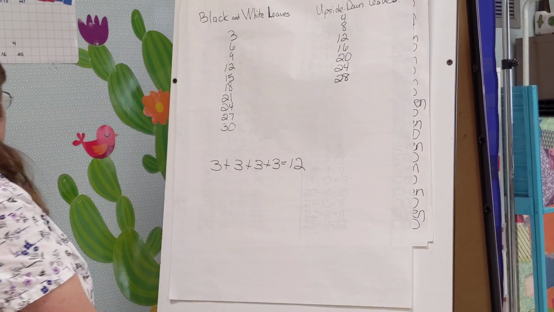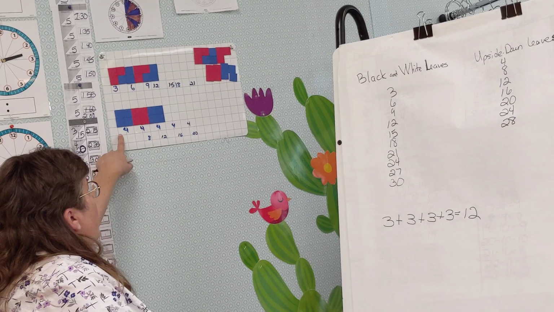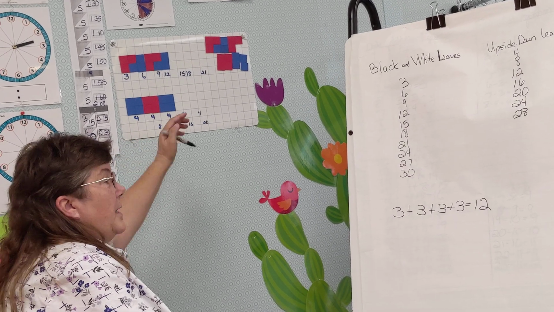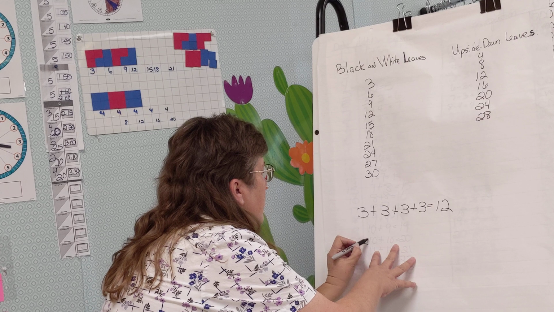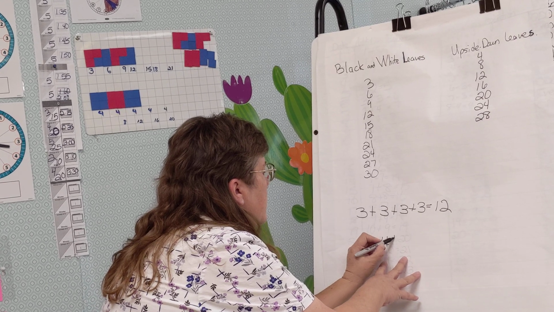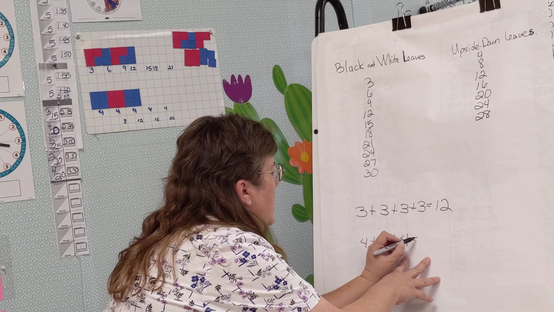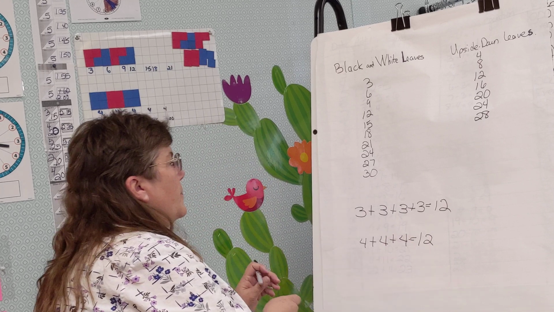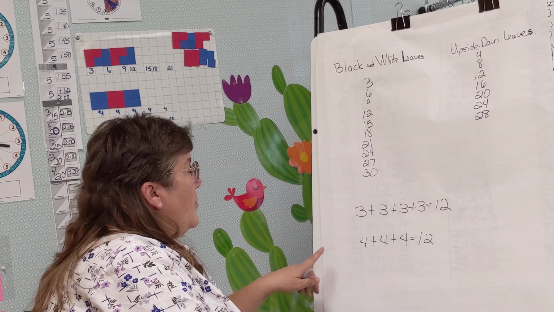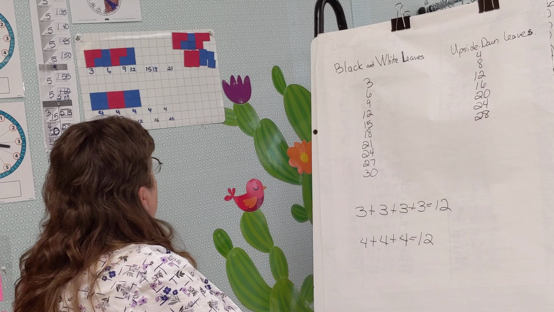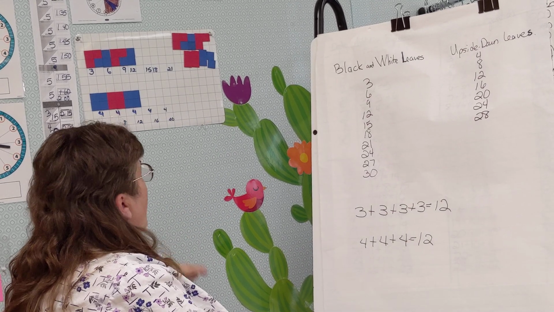And then my bottom one, I see 4 plus 4 plus 4. So there's another way to write 12. These are addition sentences, but I can also do a multiplication sentence